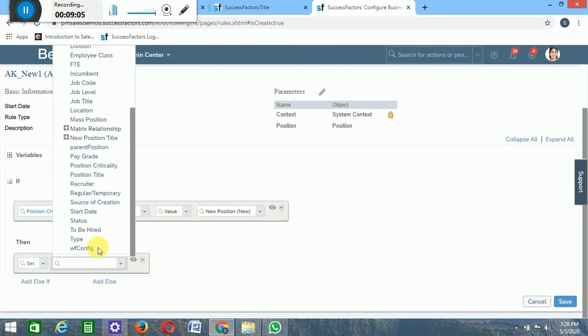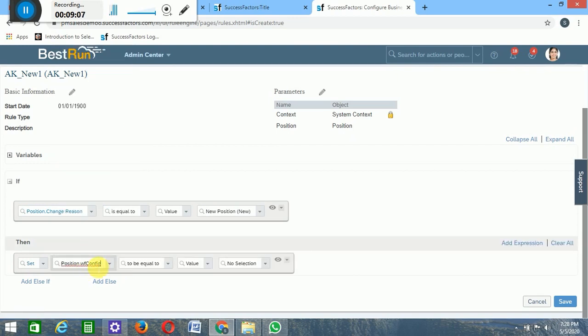There is a function called workflow, wf config, workflow configuration, equal to the workflow we have created, that is AK underscore. This is the workflow we have created. Let's save.